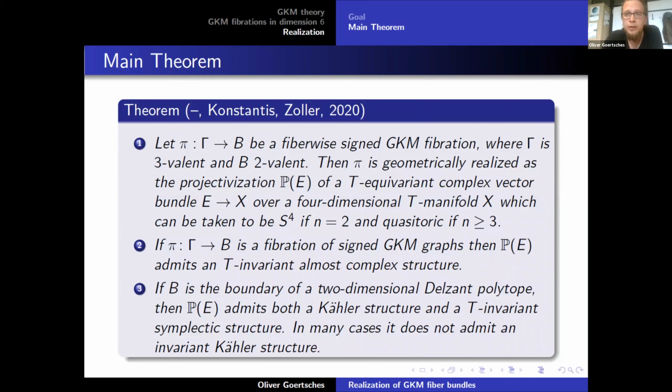And we sort of do the same thing. So we have to classify all possible signed GKM graphs that have the same unsigned GKM graph as the one we started with. Right? So this is relatively subtle here. Okay, so I think that's all I wanted to say. Sorry for going a little bit over time.